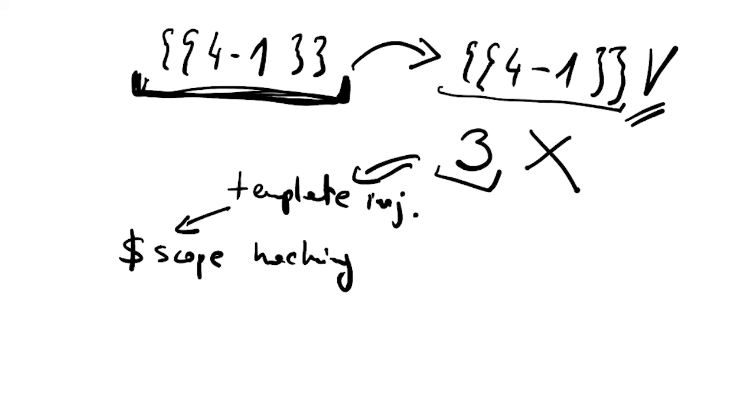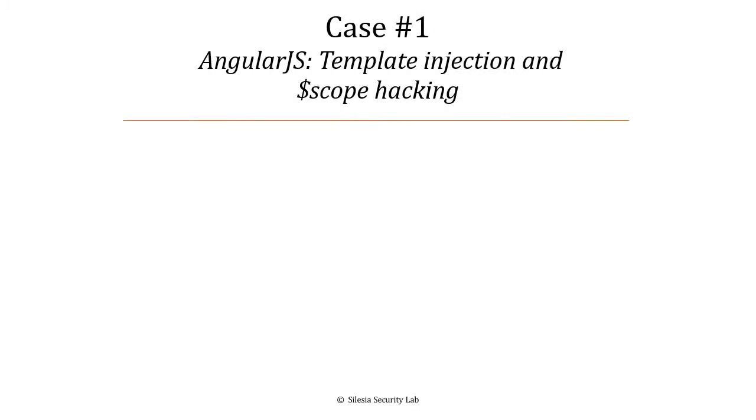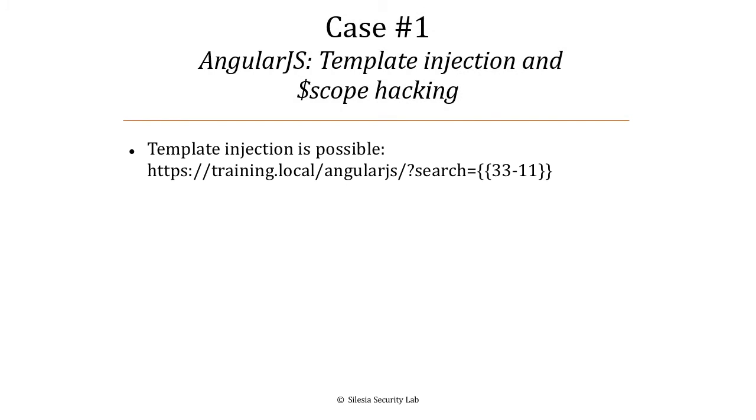So yeah, let's do this simple test in my testing environment. Let me show you that template injection indeed is possible, and then I will move to the details of this part, scope hacking, because we have to understand the scope hacking in the context of AngularJS in order to understand what we can do in terms of the attack, okay? But this is what I'm going to discuss later on. First, template injection in practice. So first, I'm going to go to my testing environment to the following location,